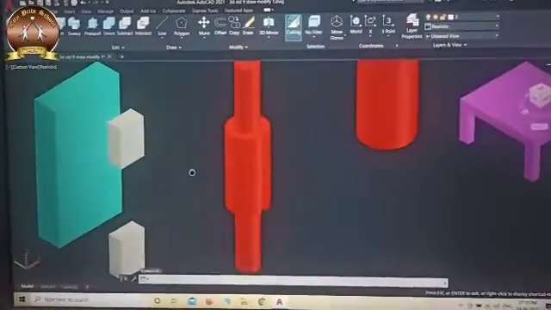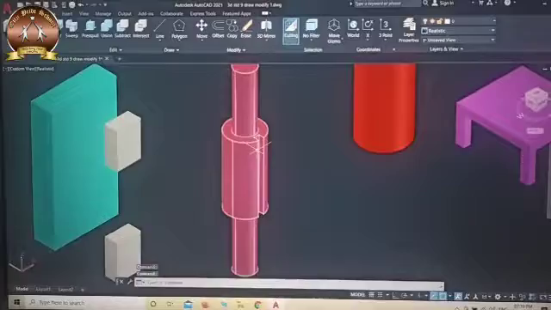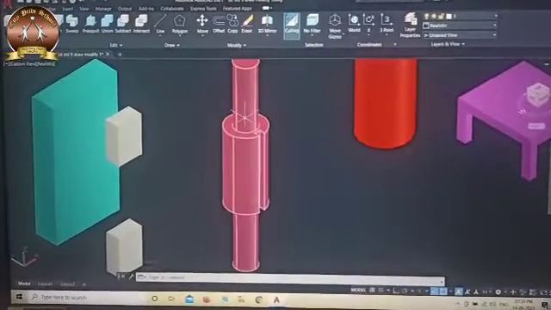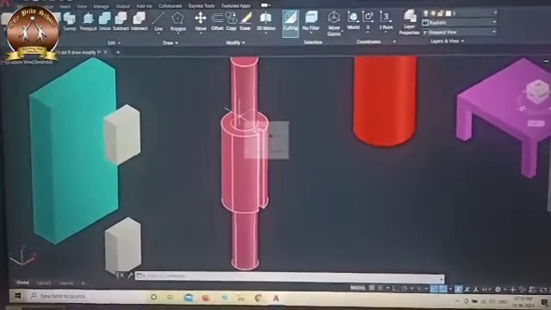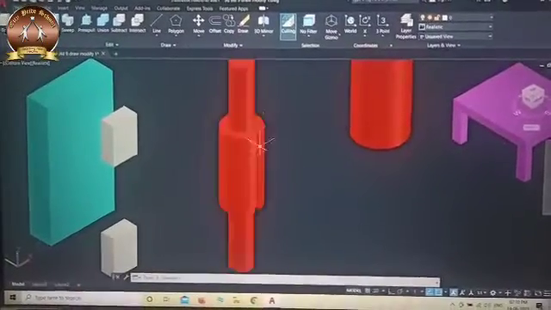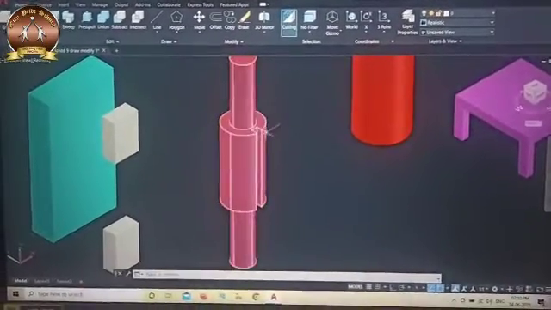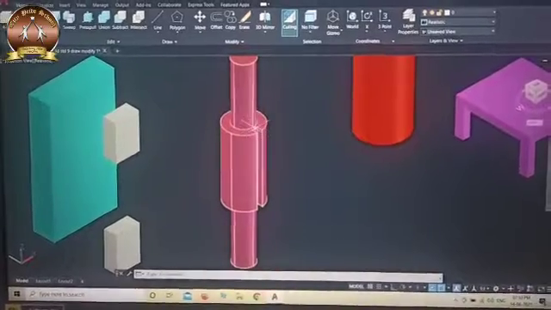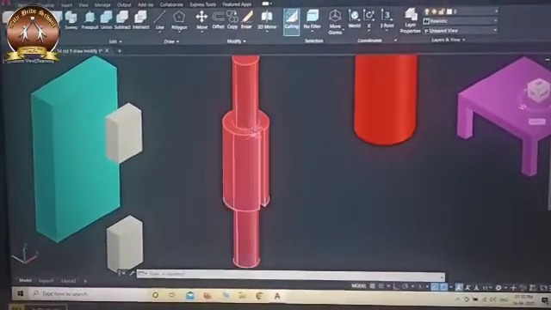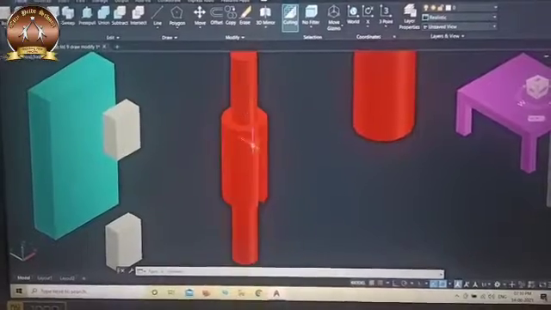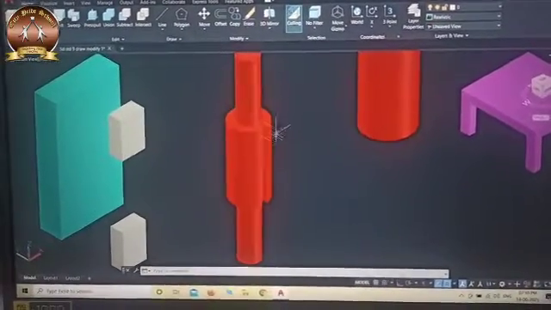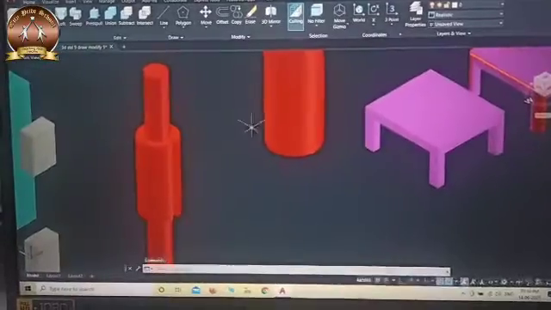Here I use a cylinder, and above that a small cylinder I have inserted, and for making a keyway, a key type hole, I have used a rectangle and subtracted it from the big cylinder. So I have a pulley shaft, or you may say a shaft with a key.